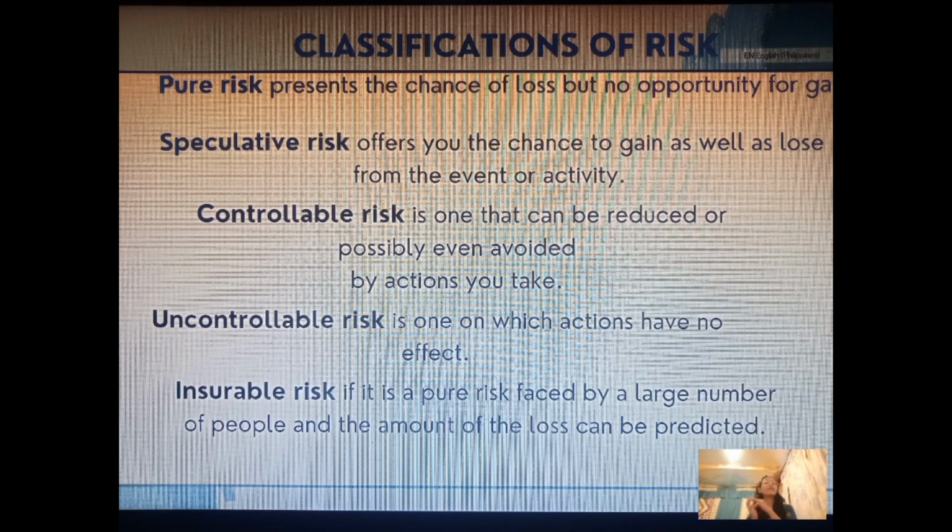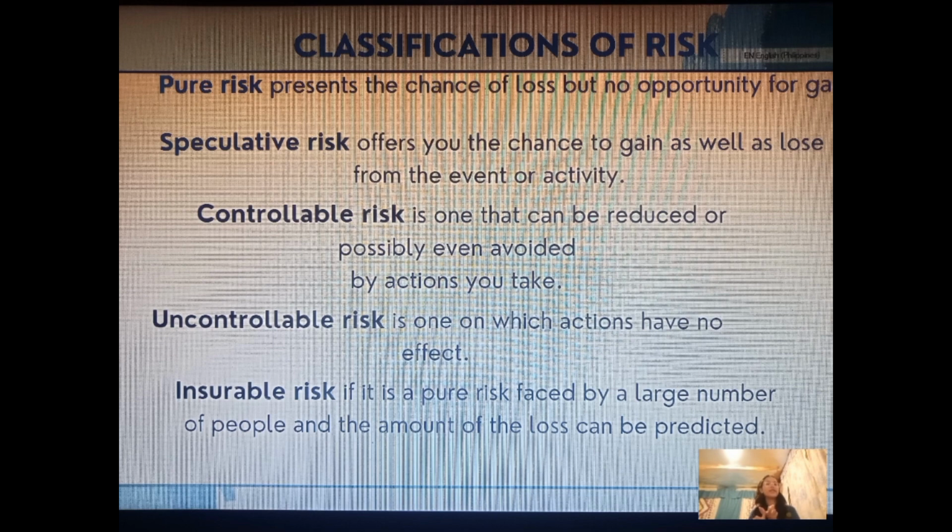So, the speculative risk naman refers to the type of risk where both the possibility of gain and the possibility of loss exists, meaning there is a chance for either profit or loss to occur. So, unlike yung pure risk, ito is which involves only the possibility of loss or no loss. So, speculative risk involves situations where there is uncertainty about the outcome, but there is also potential for gain.